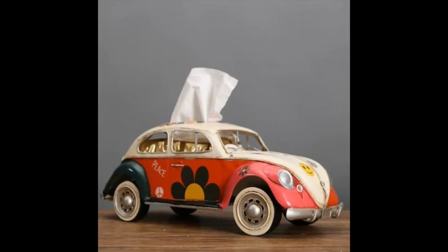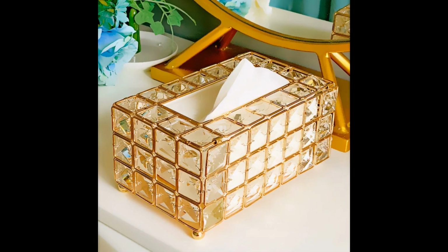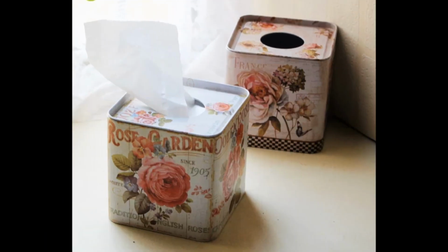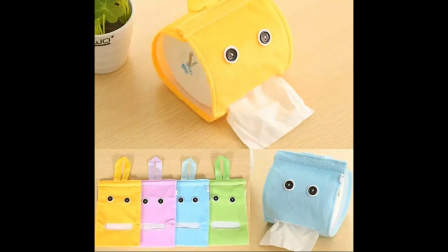From sleek and modern designs to rustic and charming options, we have got something for every style and budget. We will showcase these napkin holders up close so you can see their intricate details, how they are beautifully complementing your dining table setting. So join us as we dive into the world of napkin holder designs,